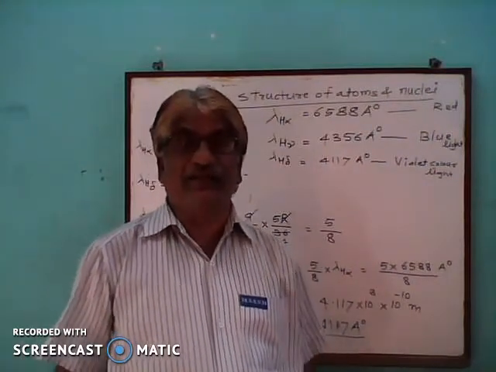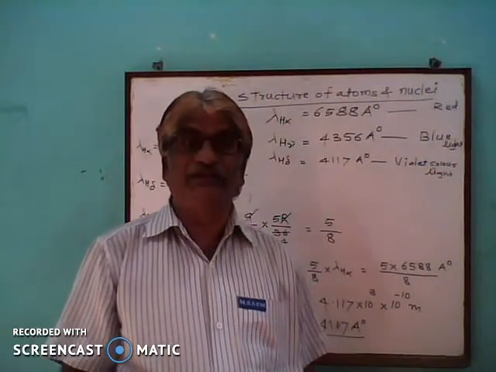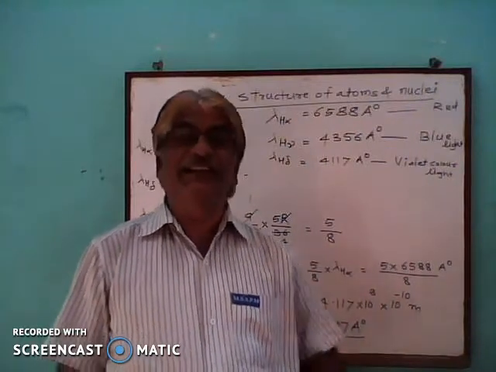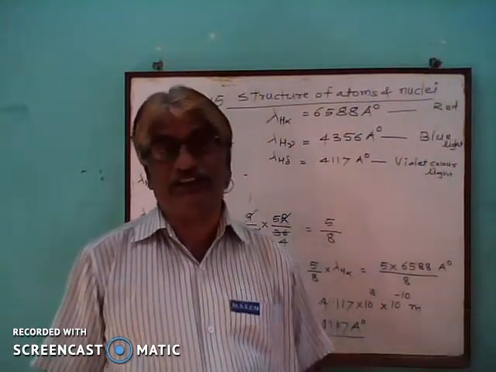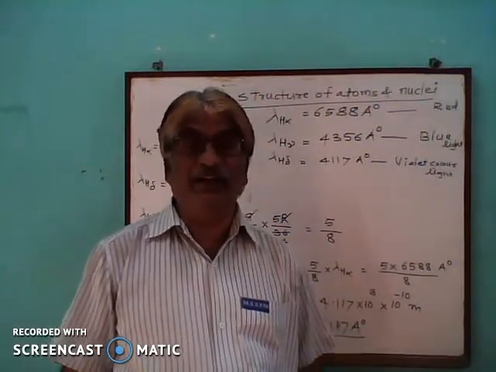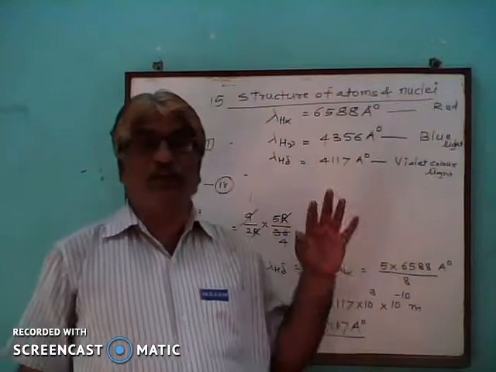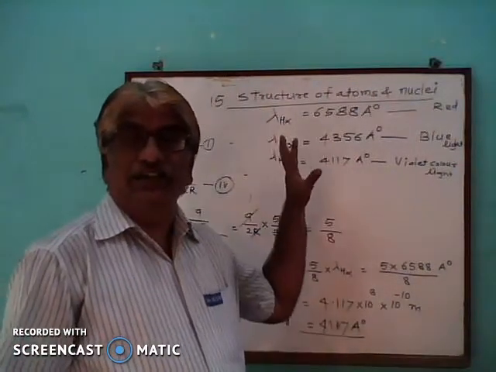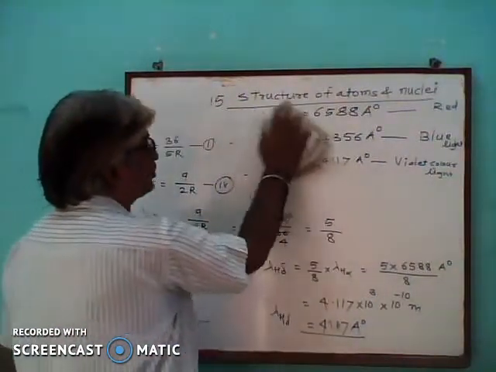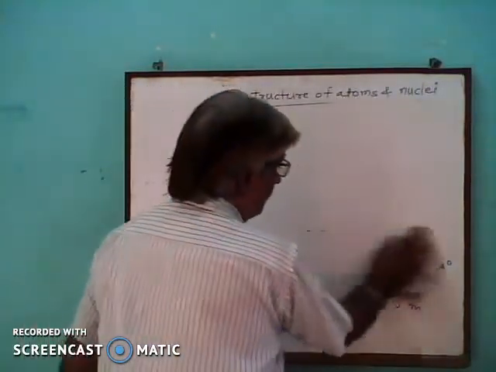And so any question that will be asked, we can solve any type of question. If the wavelength of H alpha, H beta, H gamma, or H delta is given, then we can calculate the wavelengths of the others. So we can solve numericals for these four lines in the Balmer series. We can also determine the shortest wavelength in the Balmer series.